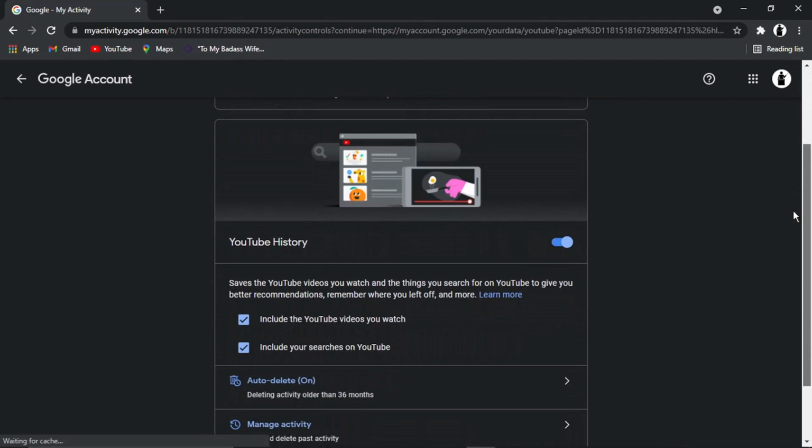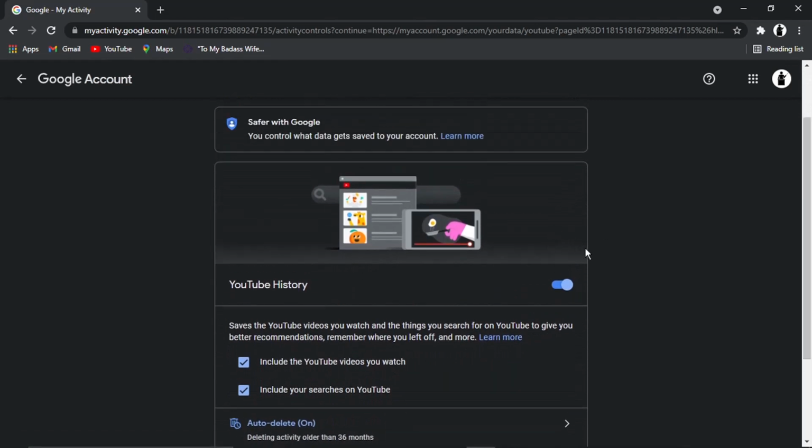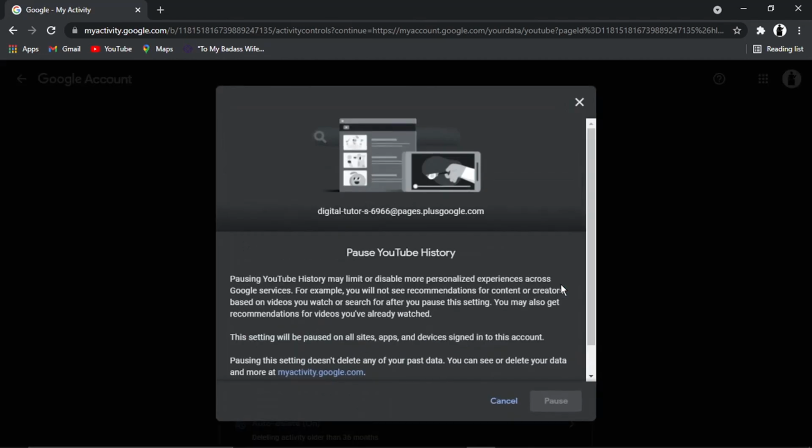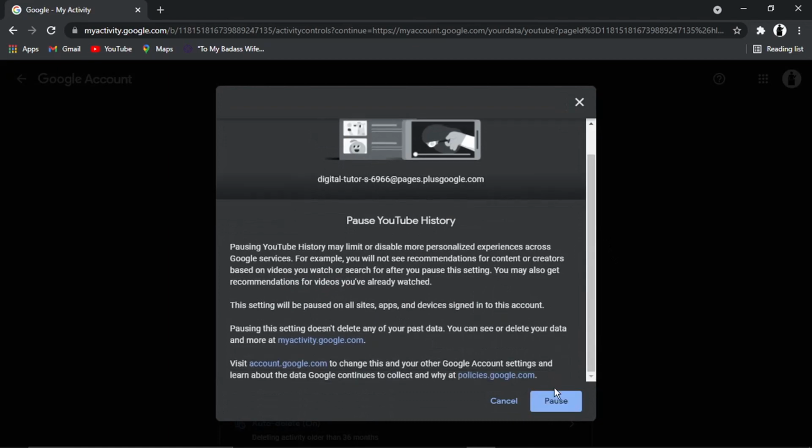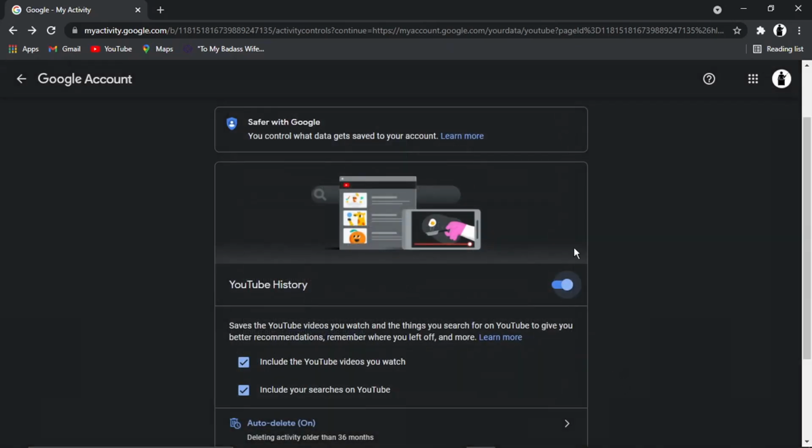So what we need to do is actually, there's two things we can do. And the first thing is where it says YouTube history here, what you need to do is click this toggle button, and that's going to do something called pause, which is where it's basically not going to record your watch history. So therefore YouTube's got no watch history to go on, and the algorithm's not going to recommend videos to